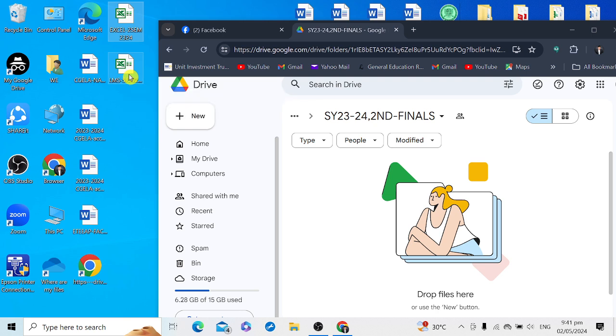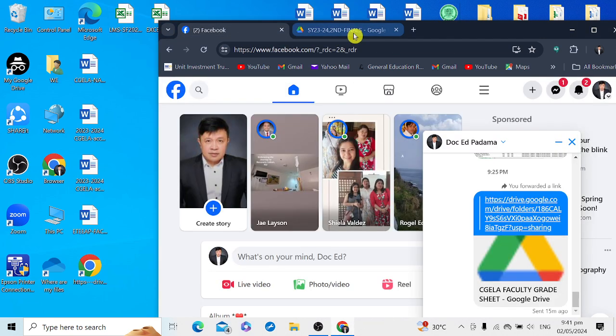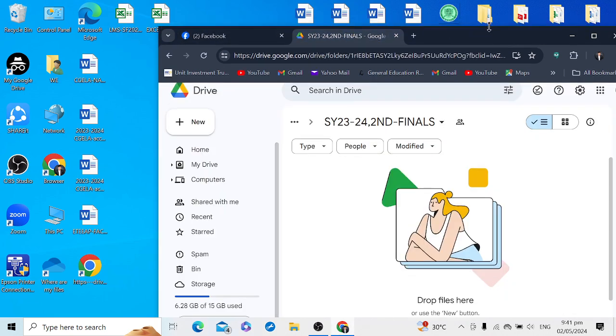Or you can just click both of them by pressing Control and click both of them. When you drag both of the files, you can capture both, or you can do it one at a time. Okay, so let's do the one at a time file dragging.